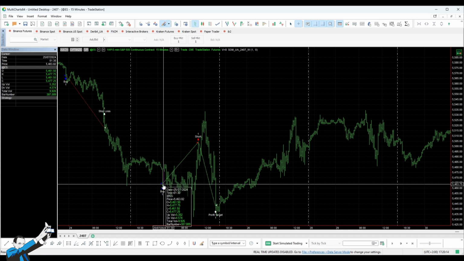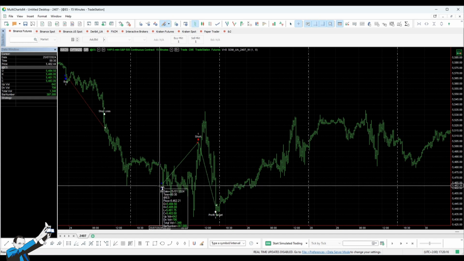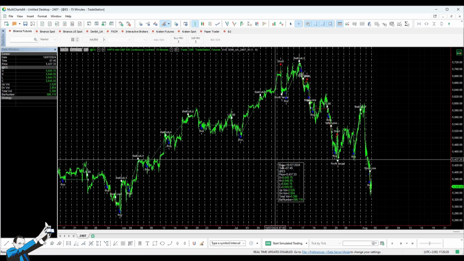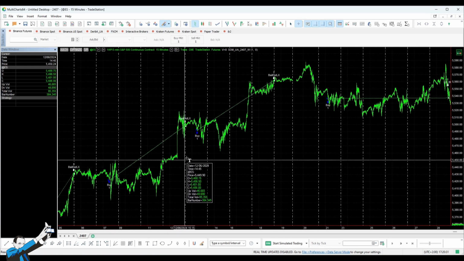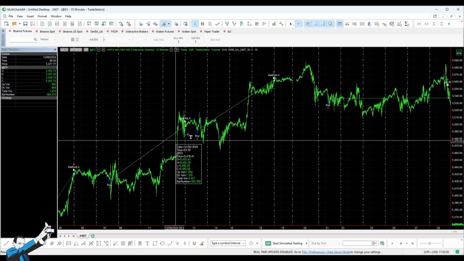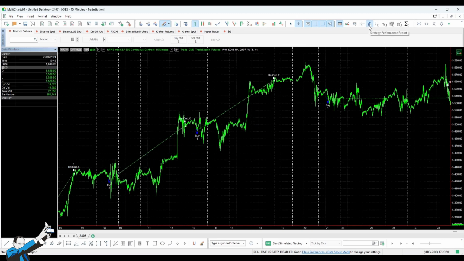these levels. Entries are limit orders, so there's no slippage, and the strategy is almost intraday. I say almost because it can go overnight, even if, as you can see, there's a close near the session's end and we're in profit. This strategy consistently produces profits.